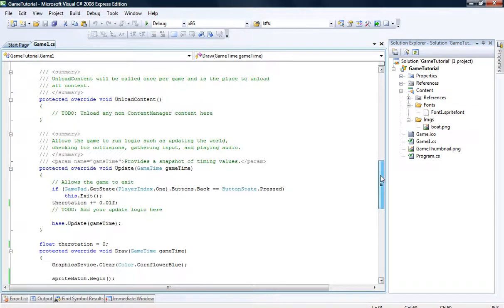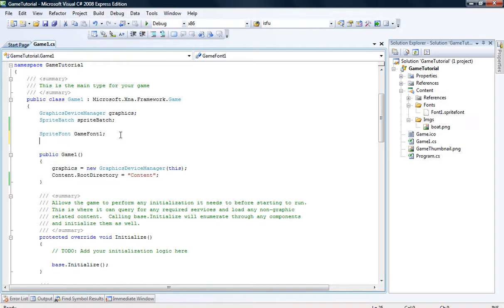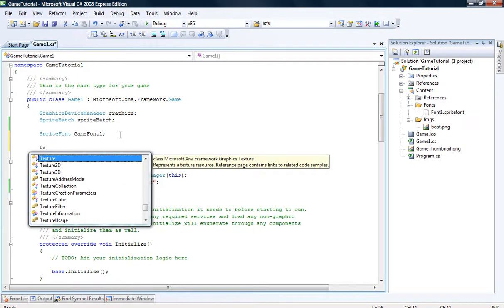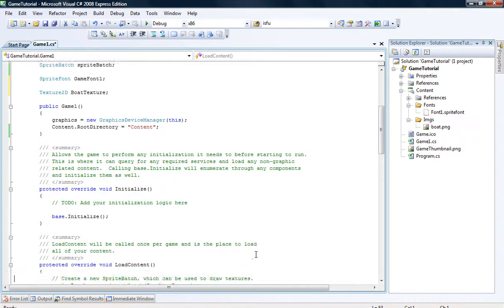And now we need to load this image into a variable. So firstly we need to declare our variable. So all images that are 2D dimensional, so it's a Texture2D, and I'm going to call it boatTexture, like so. And then of course in the LoadContent I'm going to do